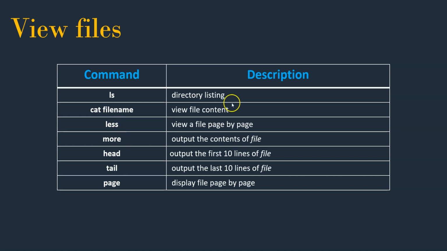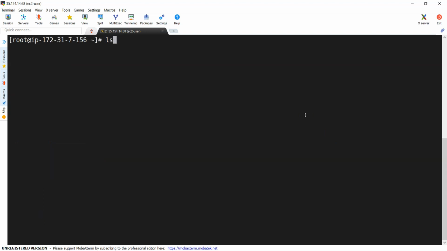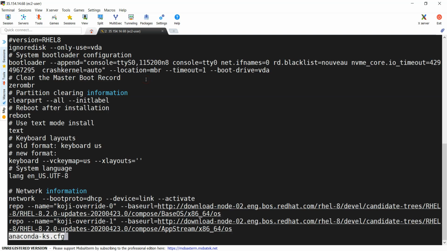Next, less. I'm clearing the screen. In Linux, to clear the screen, we execute a command called clear. Again, if I do ls, this time I'm executing less. So the less command is going to display the file page by page. You can see here, this is the starting of your file, right? And it is reading this file, and this is the first page, and if you press space, it will go to the next page. I'm just pressing space.